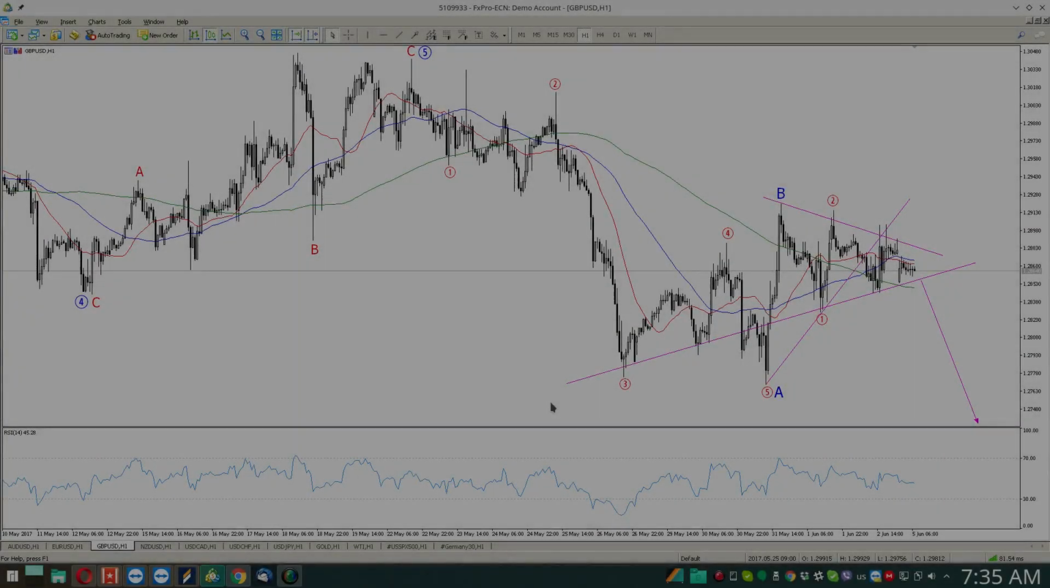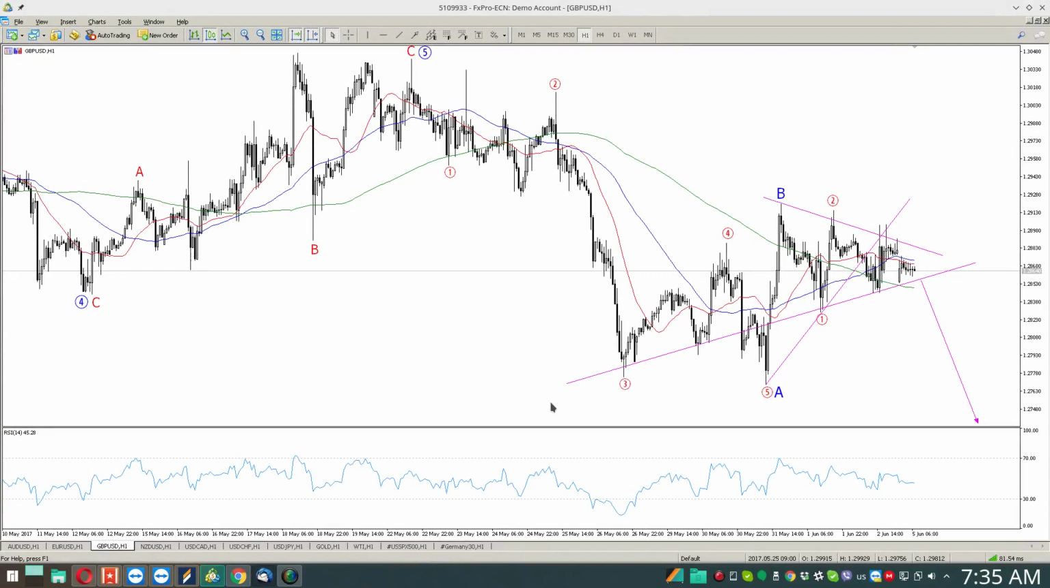Good morning, traders. We're looking at the 1 hour chart of the British pound versus the United States dollar, and I have created this Elliott Wave count, which I must again say is still a draft. What I'm looking at here is a completed 5 wave move up to this point here